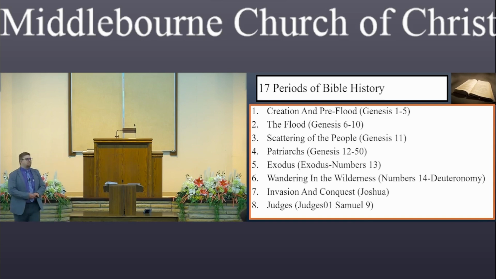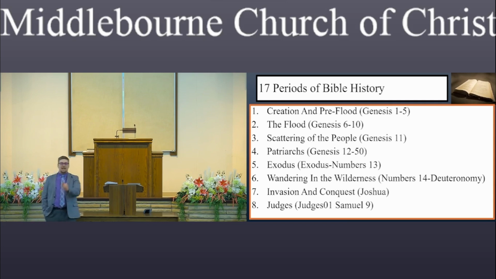Those judges span the book of Judges, the book of Ruth, and the book of 1 Samuel. Now, if you want to find a story about a judge, you're not going to find it in Ruth, but the book of Ruth takes place during that time frame of the judges. And that goes to 1 Samuel 9. Because, remember, when 1 Samuel opens, we have a judge by the name of Eli. And then after Eli's death, we have a judge by the name of Samuel, the book bears his name. And then it's during the life of Samuel that they say, give us a king.